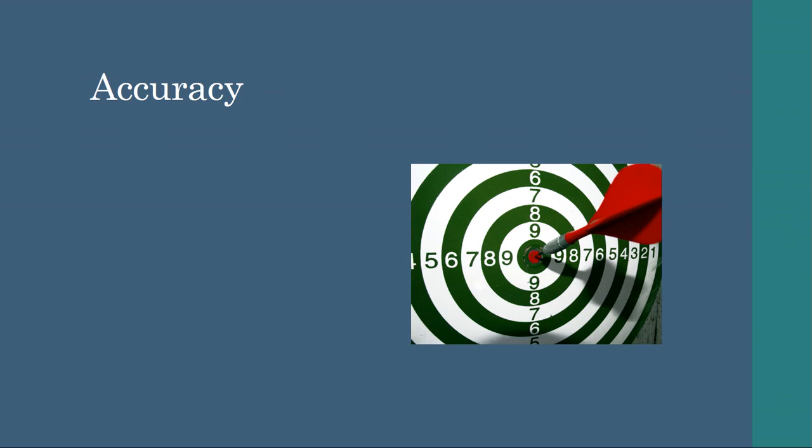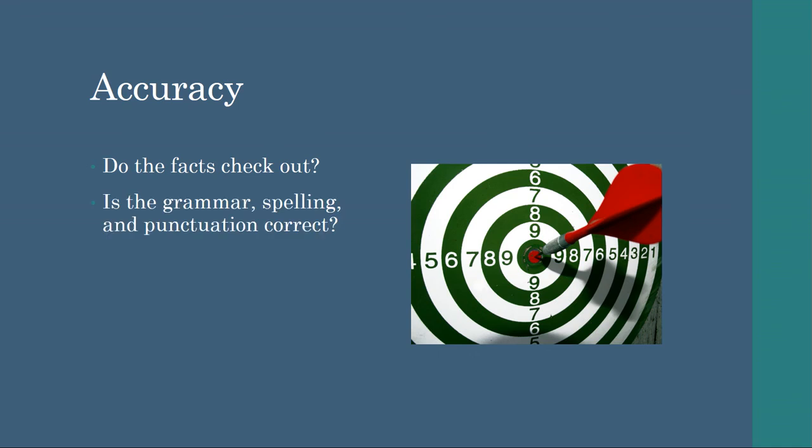The second A is for accuracy. Accuracy has two facets. First, are the facts of the source accurate? Most facts you can find in more than one place. Do a quick check to make sure that the information is accurate. The second aspect of accuracy is grammar, spelling, and punctuation. If someone is publishing information for the world to see but can't get the grammar, spelling, and punctuation correct, it draws into question the overall quality of the source. You can give a little leeway to those who are not native speakers of English, but others need to do a good job to pass the evaluation.